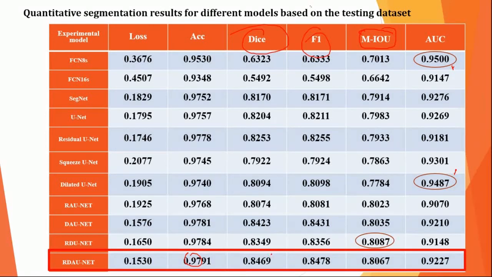So ours is about 85% overlapping with the ground truth. That's what it says. The dissimilarity coefficient or the mean IOU says that we have about 80% similarity with the ground truth. What the doctors have annotated, ours is actually 80% similar to that. So that's one of the results we have, and we compared it with other segmentation models as well. I think you can look into the code available on GitHub.